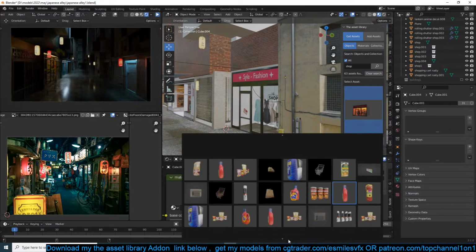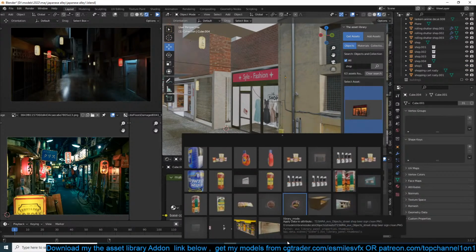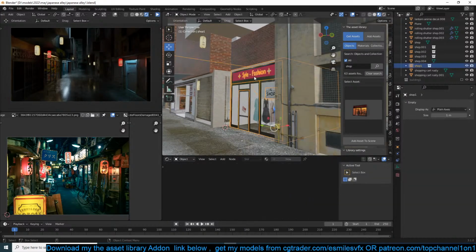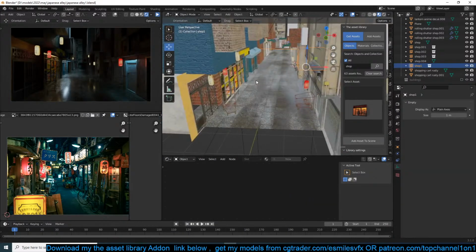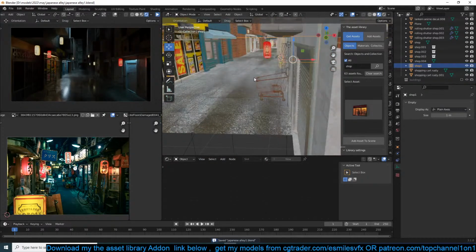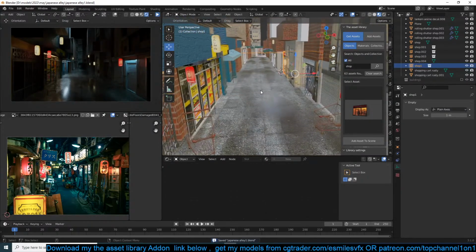Have another one. Yeah, they're nearly identical. Need to make more of these shops. Let me see if I replace. I don't know, let's see how that looks.